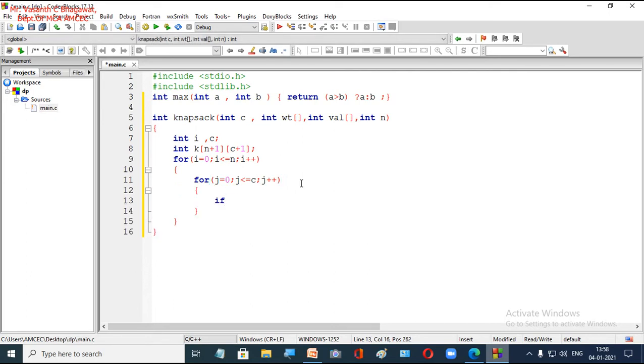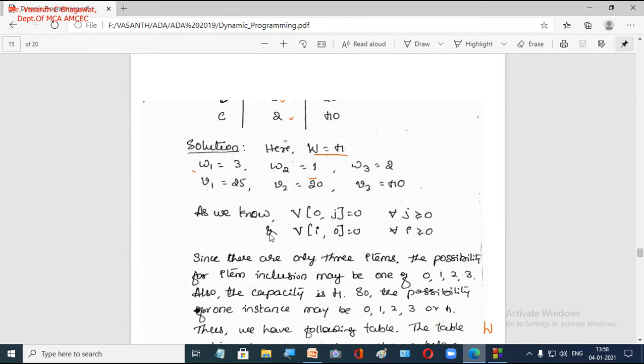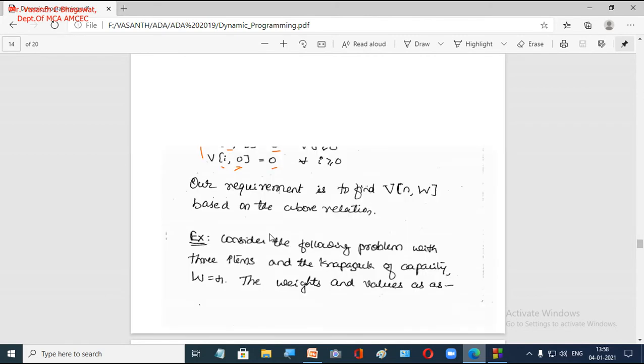Now we'll put the initial condition. If i is equal to 0 or the capacity of the knapsack j is equal to 0, now see the equation, how we have written the initial condition of our equation.